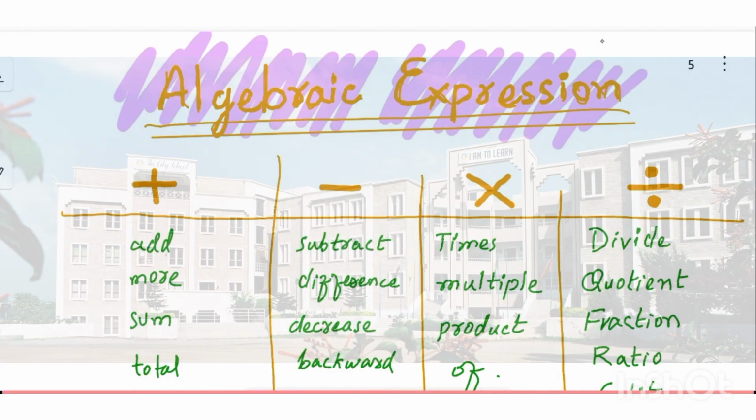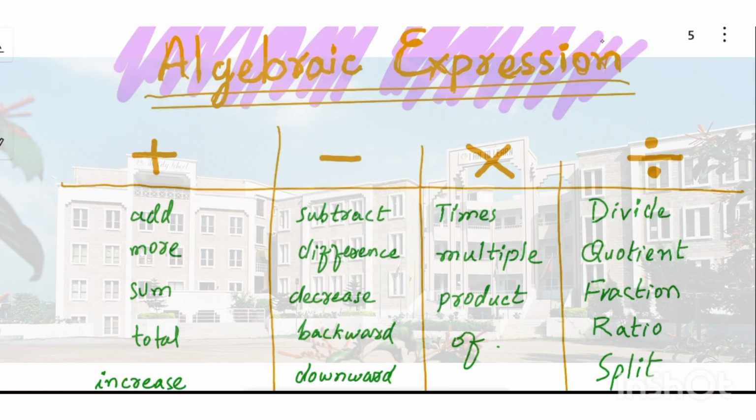Today we are learning about algebraic expression, and in algebraic expression, we'll be converting English sentences into algebraic form. So, first of all, we need to know about the vocabulary. There are four vocabulary words in mathematics, which are plus, minus, multiply, and divide, and their relative English words are,